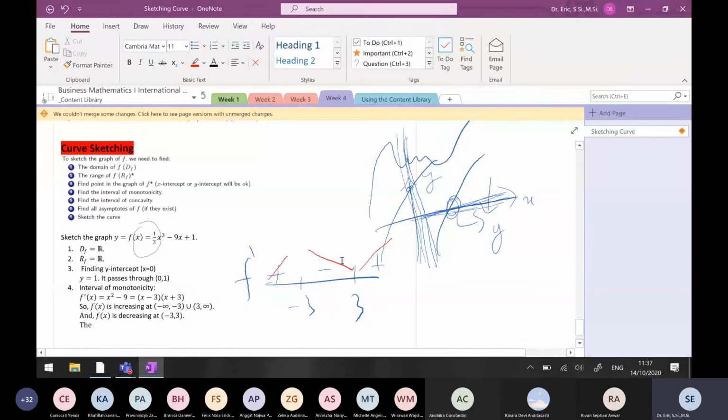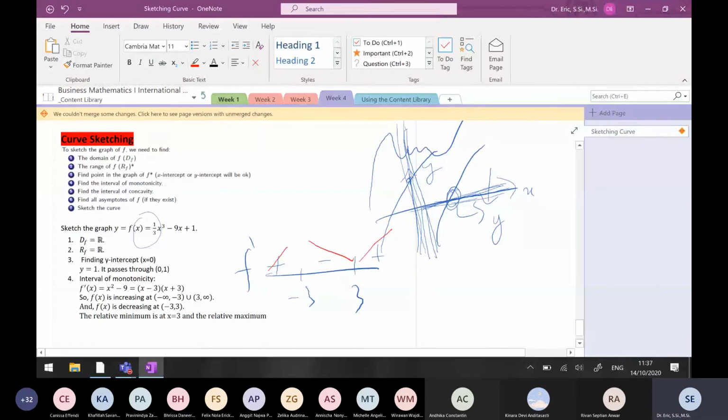The relative maximum is at x equals minus 3 and the relative minimum is at x equals 3. After finding the interval of monotonicity, the relative minimum and the relative maximum,